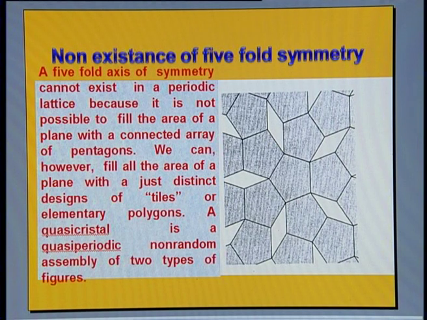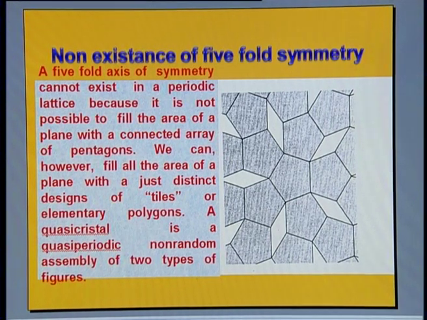Because of these empty spaces, we say that it is not a crystalline arrangement. If it is a crystalline arrangement, when I translate the unit cell, there should not be any gap in between and the whole space must be filled up totally. Then only we call that a unit cell. Because this property is not satisfied, we cannot have an axis of symmetry with n equal to 5. So, this is regarding the axis of symmetry.